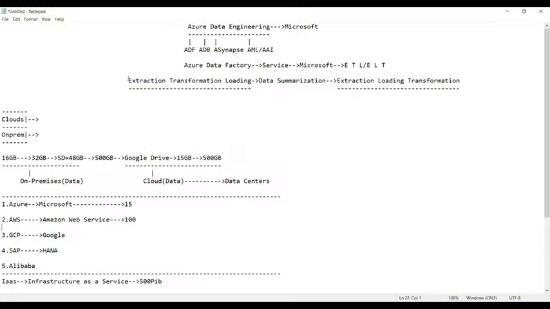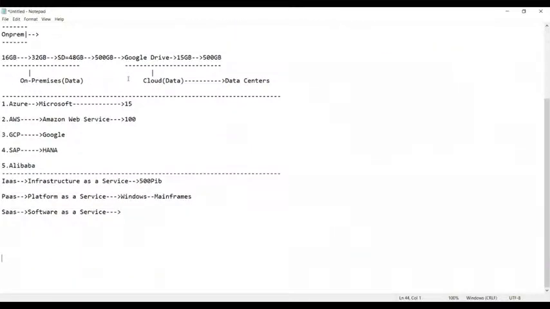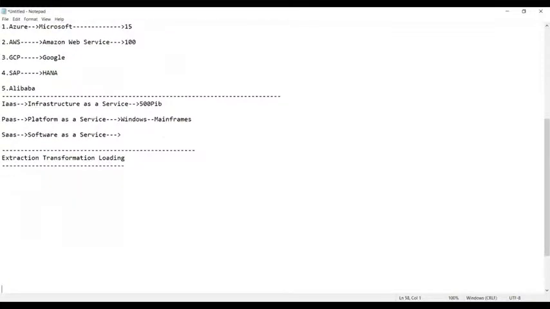I'm coming down here. Now I'll explain with a simple example: extraction, transformation, and loading. Let us take an example. I have some supermarket data, and the supermarket authorities wanted to know the